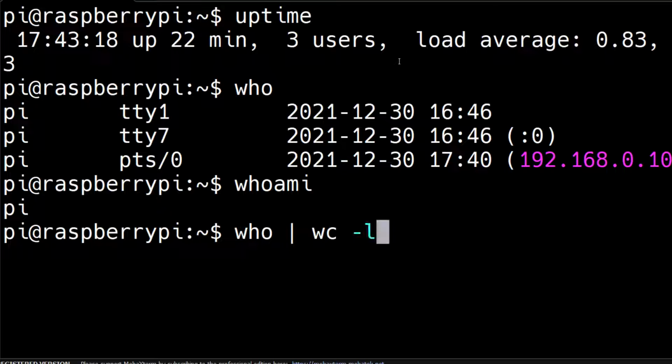So I have already told you the usage of the pipe operator. The pipe operator sends the output of one command as an input to the other command. So the first command's output will be sent to the input of this wc -l. We know that wc -l is used for counting lines, characters and words. Here it is counting lines because we have used -l. So it should give us the output 3. It means that 3 users have logged in.